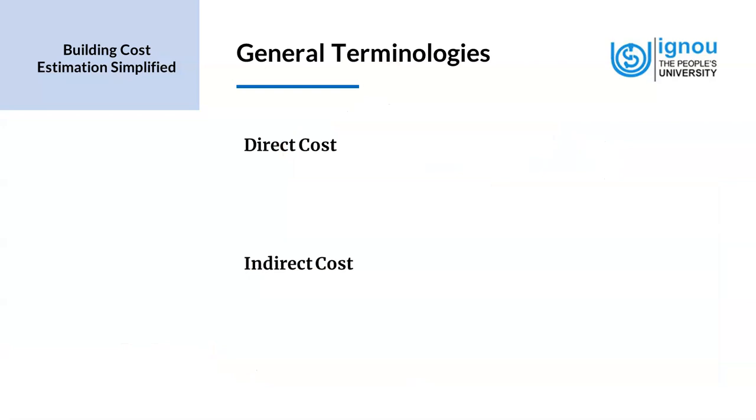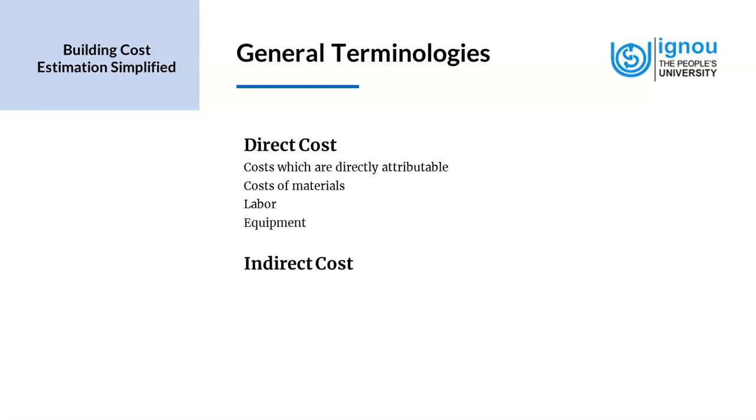Now we look at direct cost and indirect cost. These are two important concepts that estimators have to bear in mind. What is a direct cost? The costs of a construction project which are directly attributable. What are the contributors to an estimate which can be calculated directly? Those are the direct costs. So this would include costs of materials, labor, equipment, mostly. We can come to almost a correct amount while we calculate cost of materials, labor, and equipment. So these are directly contributing to the estimate.